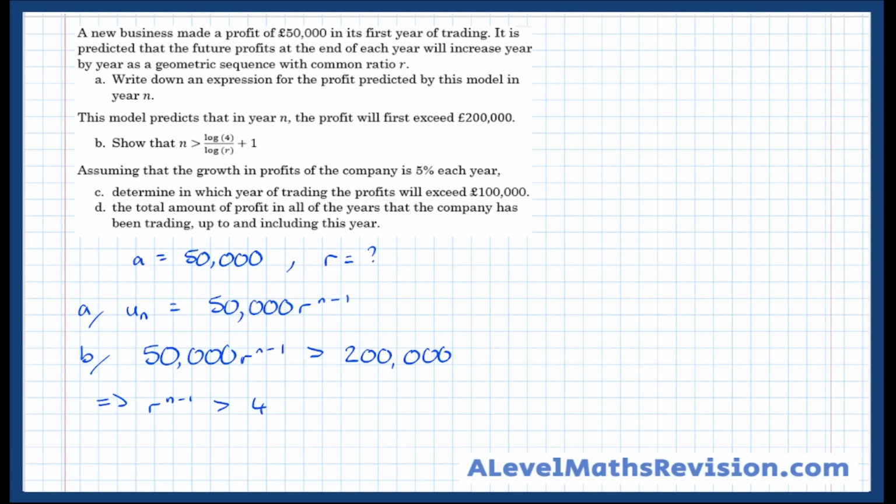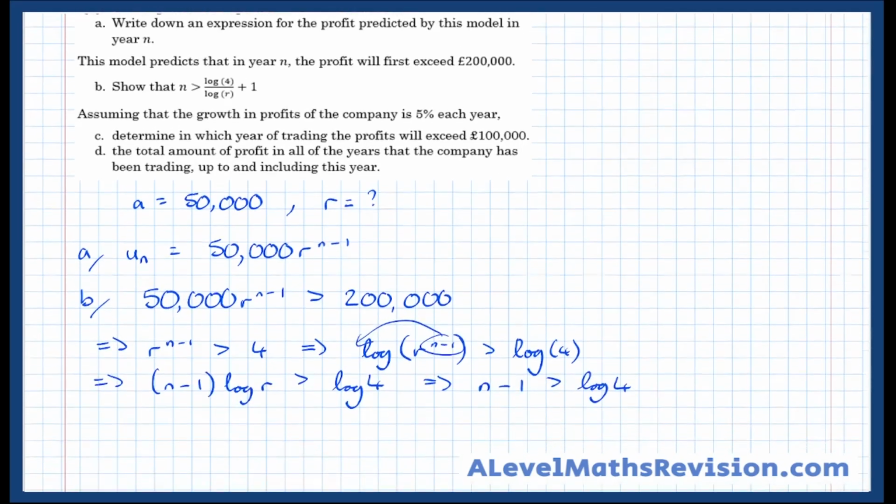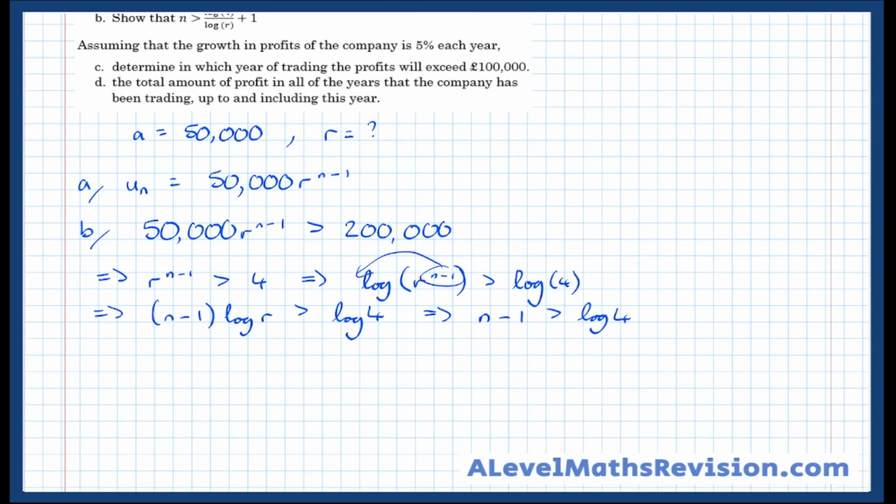And this is where logarithms come in. So we're going to take logs of both sides. Now the questions use log base 10, so that's what we're going to use. So log of r to the n minus 1 is bigger than log of 4 divided by log of r. And this is the point where you've got to be careful, because we've just divided by something,